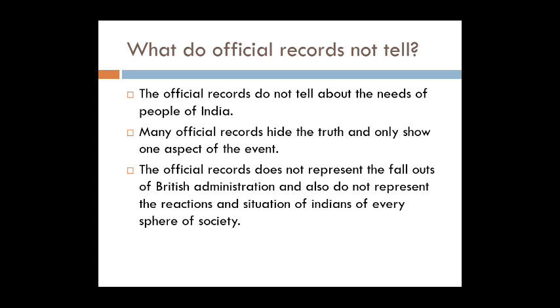Images need to be carefully studied, for they project the viewpoint of those who create them. This image can be found in several illustrated books produced by the British after the 1857 rebellion. The caption at the bottom says, "Mutinous sepoys shared the loot." In British representations, the rebels appear as greedy, vicious, and brutal. You will learn about the rebellion in chapter 5, okay? So keep waiting for this video.